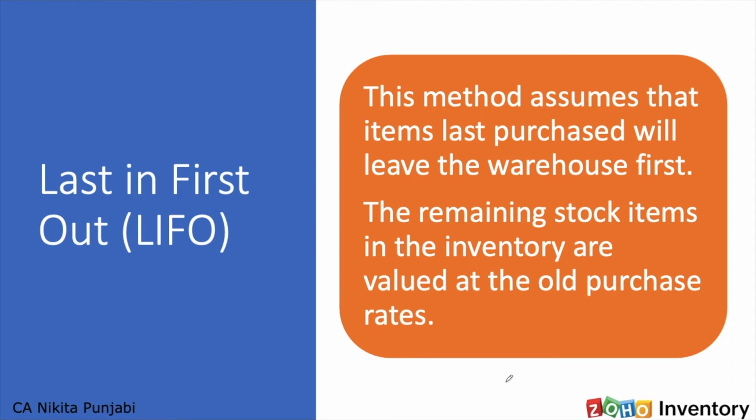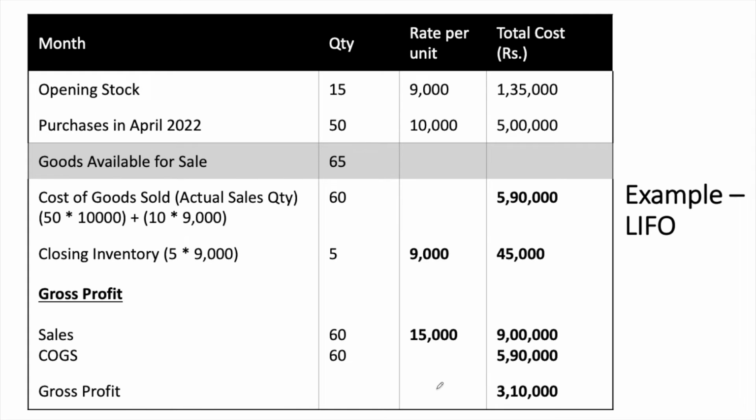The next method is last in, first out. Now, this method assumes that whatever items you've last purchased will leave the warehouse first. So, whatever were your recent purchases will be sold first, and that is why we'll use their value first. The remaining stock items of the inventory will be valued at the old purchase rates. Let's look at the example again. In the same example of opening stock of 15 quantity at 9,000 and purchases of 50 quantity of mobile phones at 10,000, cost of goods sold for last in, first out, which is LIFO, will be,